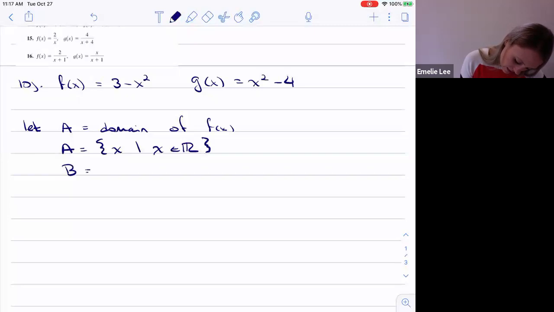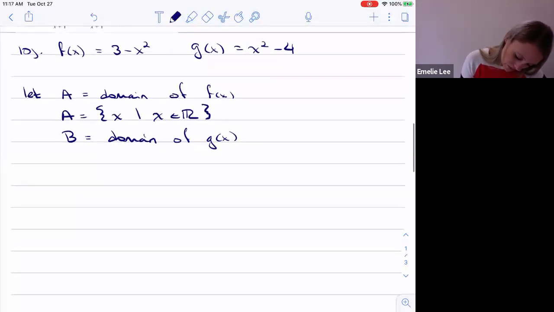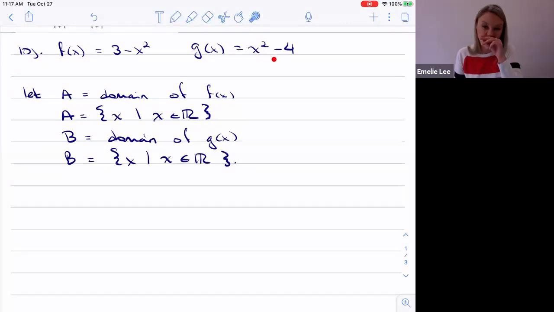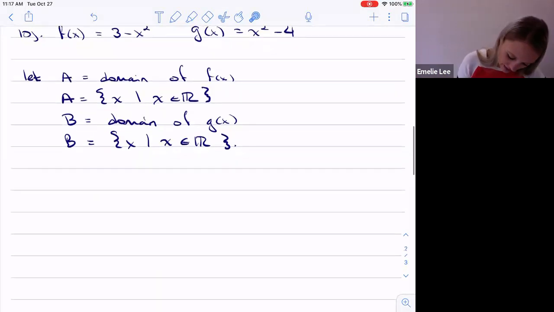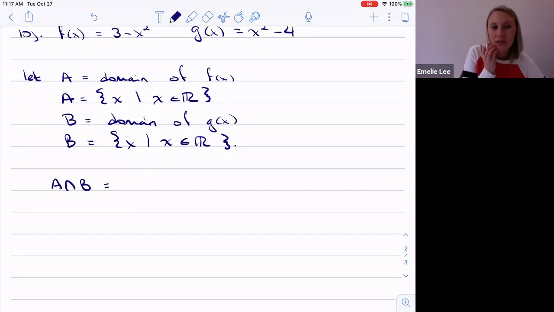And then B is going to be the domain of g of x. So B is the set of x's such that x is in the set of real numbers because there are no restrictions on what x can be here. All right, there's no square roots, there's no division, so we're good. So then A and B is the overlap of A and B, but if A can go from negative infinity to positive infinity, and B can go from negative infinity to positive infinity, then